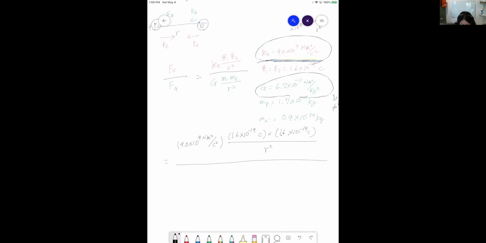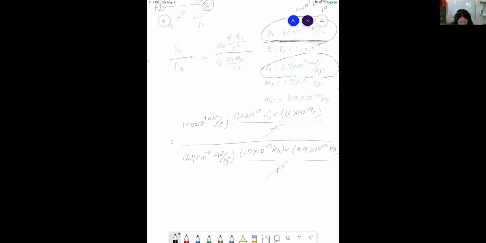right? Divided by the G, which is 6.7 times 10 to the minus 11 Newton meter squared per kilogram squared, and 1.7 times 10 to the minus 27 kilogram times 0.9 times 10 to the minus 30 kilogram, divided by r squared. They both follow the same inverse square law. So this distance between proton and electron is used for both the electrostatic force and the gravitational force. So we can cancel these because they're in both top and bottom. We don't need to worry about it. So all we need to do is directly compare